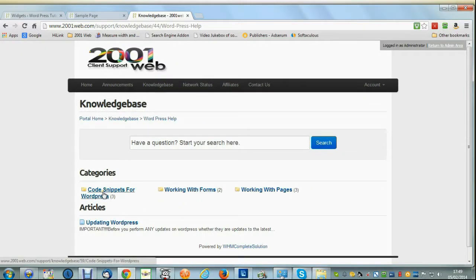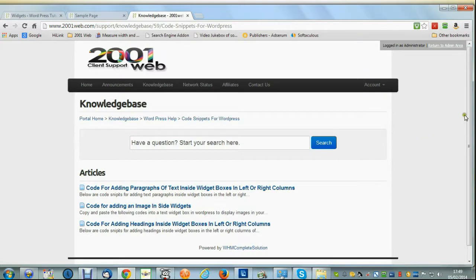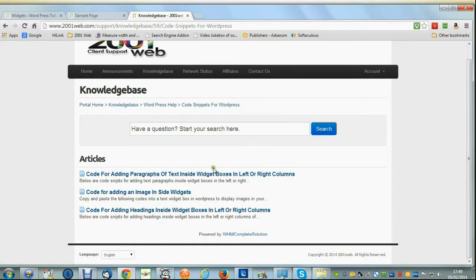Now that's what we're going to go for, and you'll see here we've prepared 3 basic code snippets. We'll add to this as clients need more information. If there's something that you need that's not there, do let us know, we'll add it for you. Right here we've got 3 different things. We've got code for adding paragraphs of text, we're not doing that right now. Code for adding an image to a side widget, that's what we're going to do. So we'll click on that,